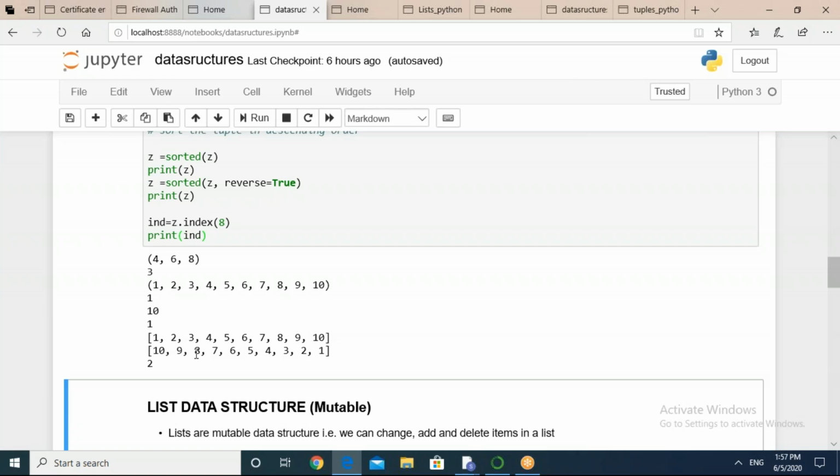Okay. Can you find out that whether 15 is in the tuple or not? Is item 15 is in the tuple or not? How you will do it?